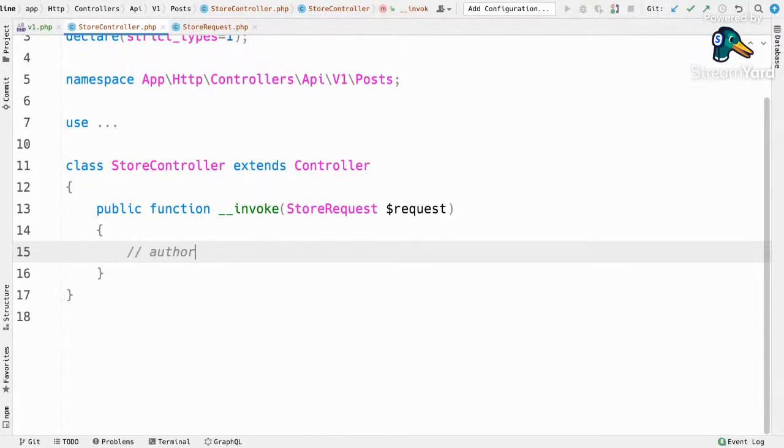Typically what I do here is authorize. We've authenticated at this point. We would then do, can this user create posts, basically. But because I'm not doing the authentication section right now, I'm not going to go through that. But typically I'd authorize, and that would be this authorize, can this user